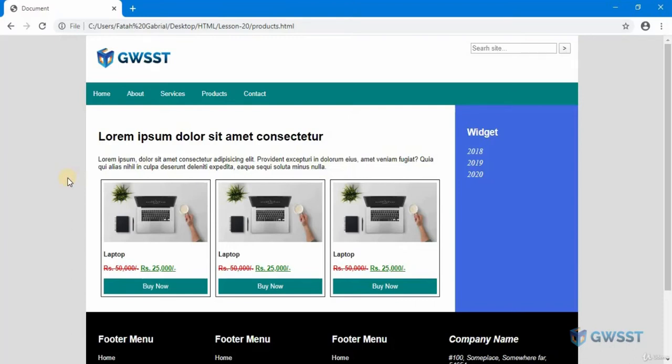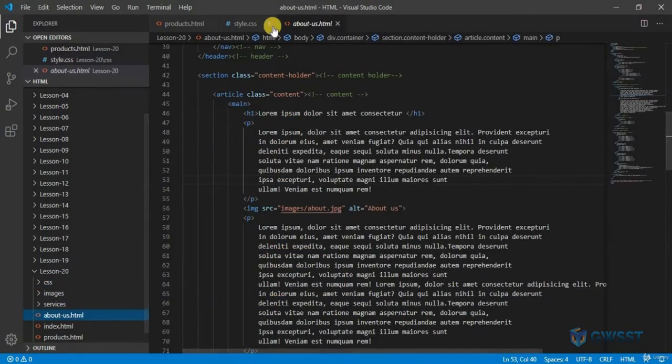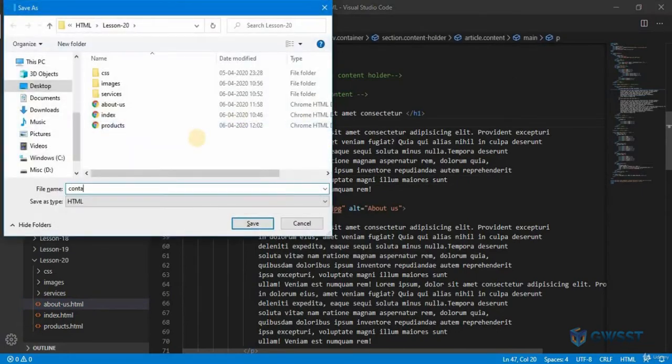Okay, now the only page left for us to build is the contact page. So let's build that. Let's get back to our code. And now you can see here we have our CSS. I'm going to use my about us page to create the contact form. So I'm just going to save this as contact